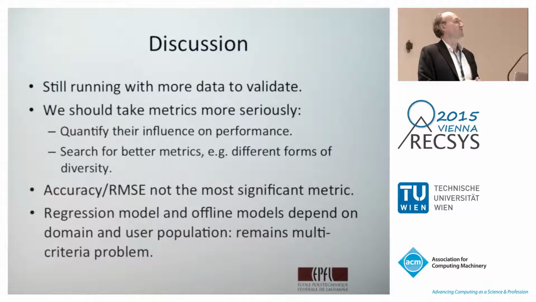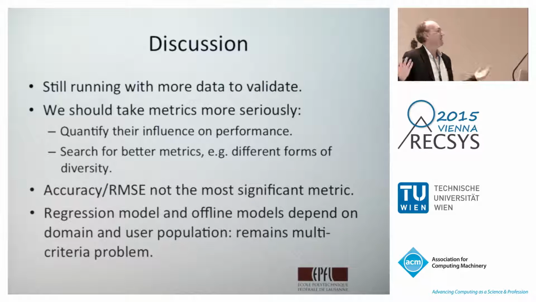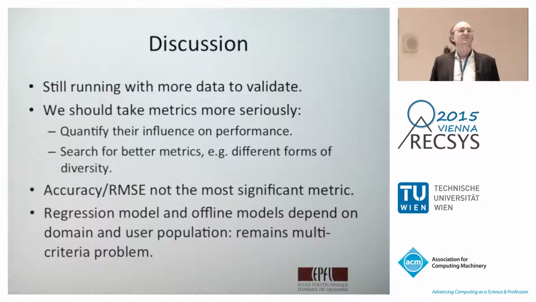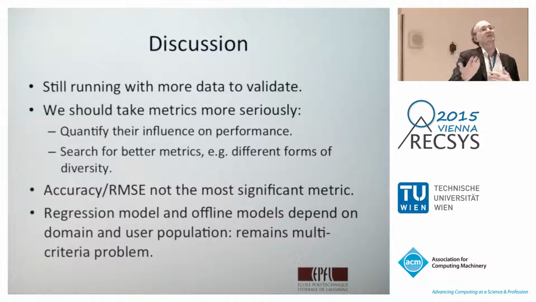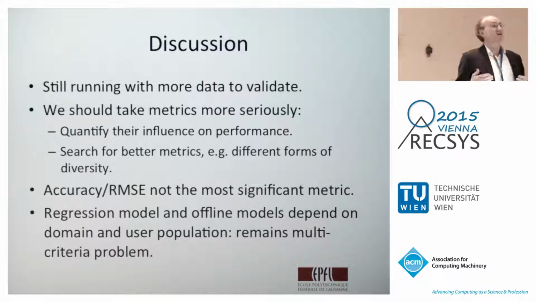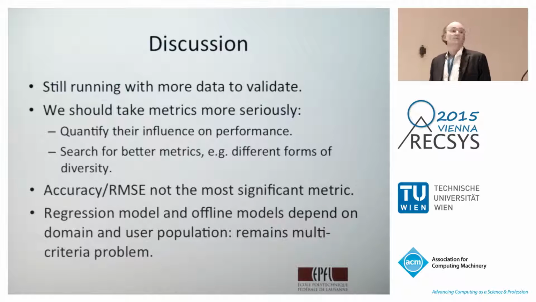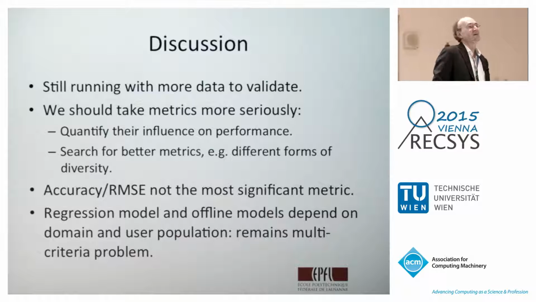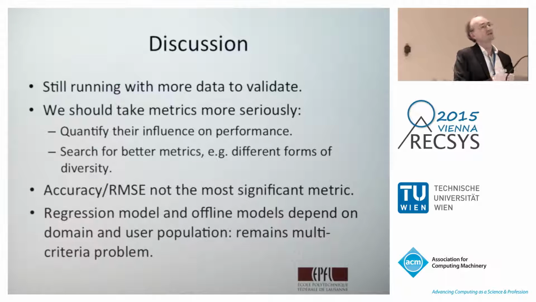And this is really a call for people from industry, because you do online testing, and maybe you could go a step further and try to characterize which of these metrics that we can test offline actually have an influence. And maybe we can also then search for better metrics. Maybe diversity, the way it's characterized, is really quite naive. We could imagine that diversity somehow takes into account the kind of item you're recommending, so there could be different degrees of diversity and so on. And then maybe they would give better results.